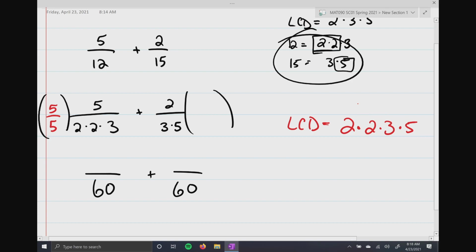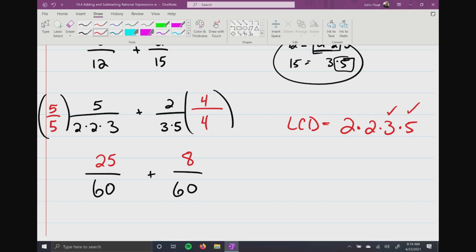Now I erase my check marks and I look at the second denominator. I can put a check mark over the 3 and the 5. The only 2 numbers that I can't do that with are the 2 times 2, which is really 4. So I'm going to multiply the second fraction by 4 over 4. No matter what, I still get 60 as a denominator. In the first fraction, the numerator is going to be 25. And in the second fraction, the numerator will be 8. Let me write that 8 a little bit cleaner. So the only thing that I need to worry about now,